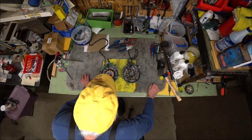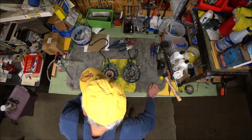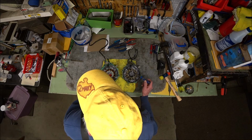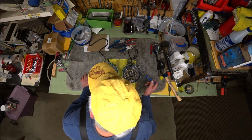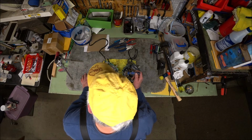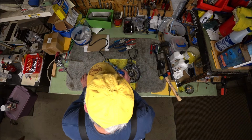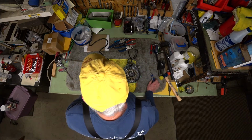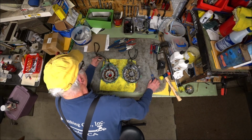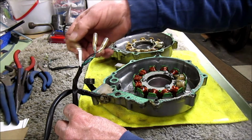Ladies and gentlemen, here we have two left side crankcase covers. Stator cover, two stators. OEM stator, puts out about 80 watts. You've got your Ricky stator, puts out 200 watts. It's capable of having two separate 100 watt circuits. But if you're going to go 200 watts, then you hook up both green wires, both white wires,